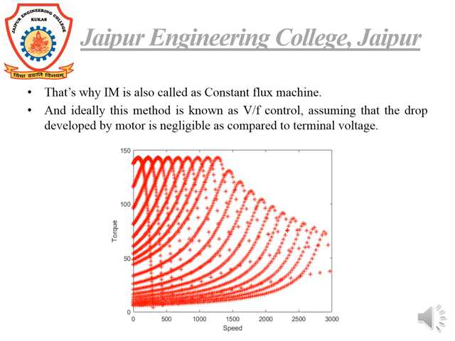This figure shows the V by F characteristics or V by F control of induction motor. It is showing different torque speed characteristic curves for different frequencies. Here you can see it is constant, so constant torque operation is performed by the V by F drive. But after this, you can see the drop in the curve. This zone is called constant power operation of the drive. So here it is the constant torque operation, and here it is the constant power operation.